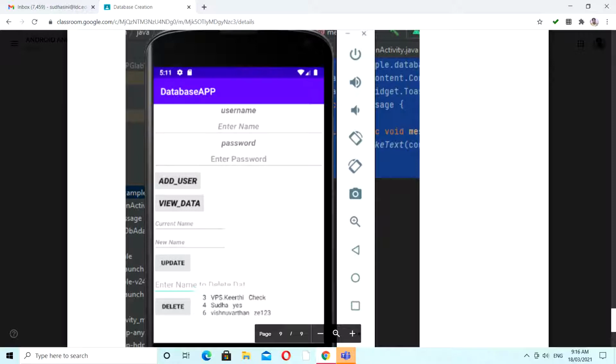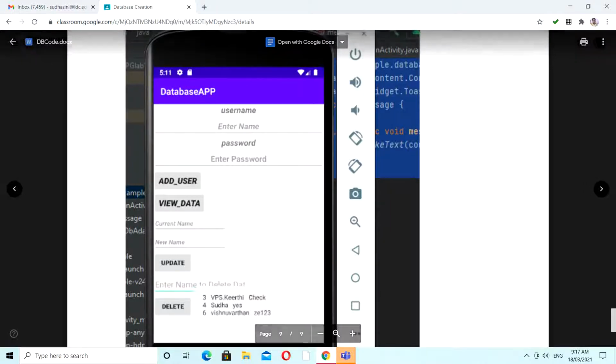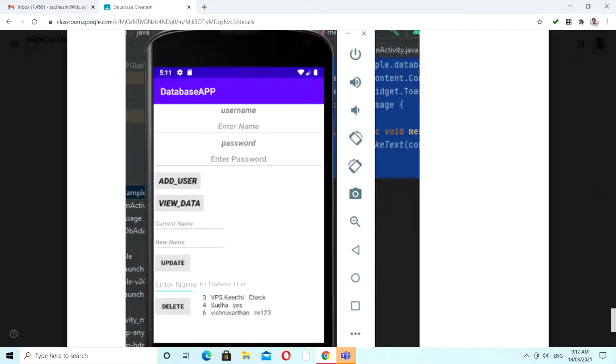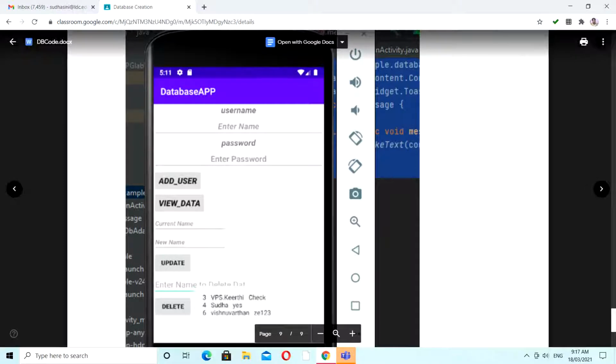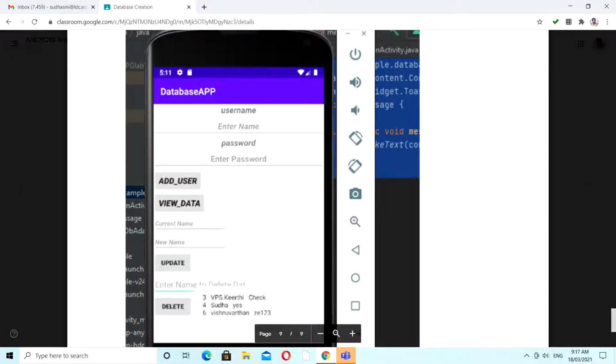And before that we have 346. This is the auto generated ID. Whenever you enter a new entry to your table, this auto generated ID will be taken care of by your table. In the coding part, we will see how this incrementing process is done automatically in our database.